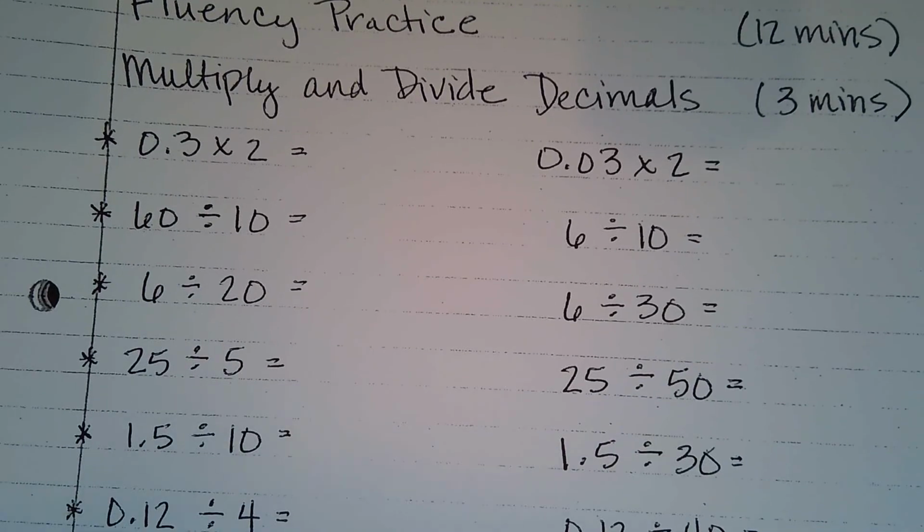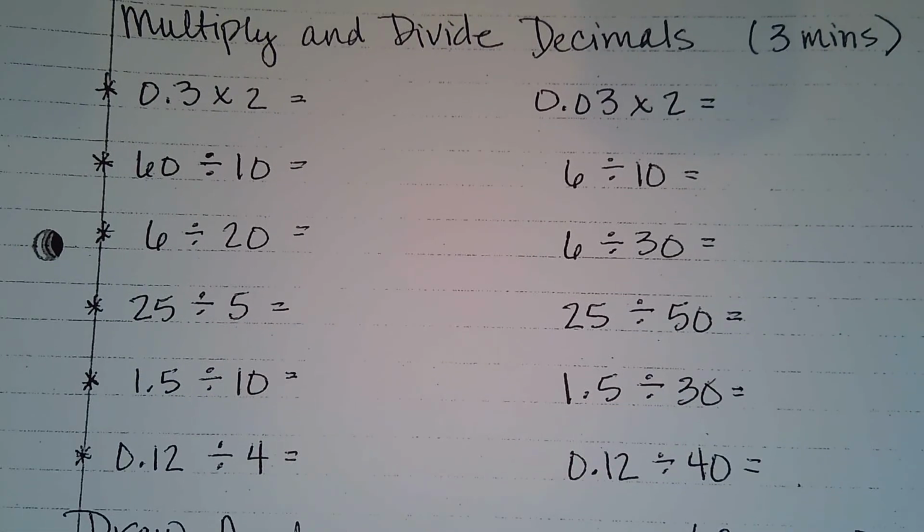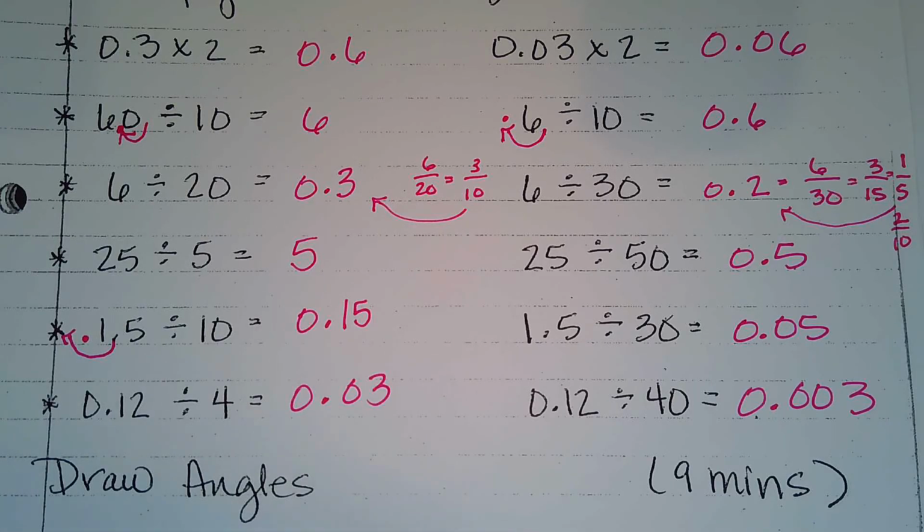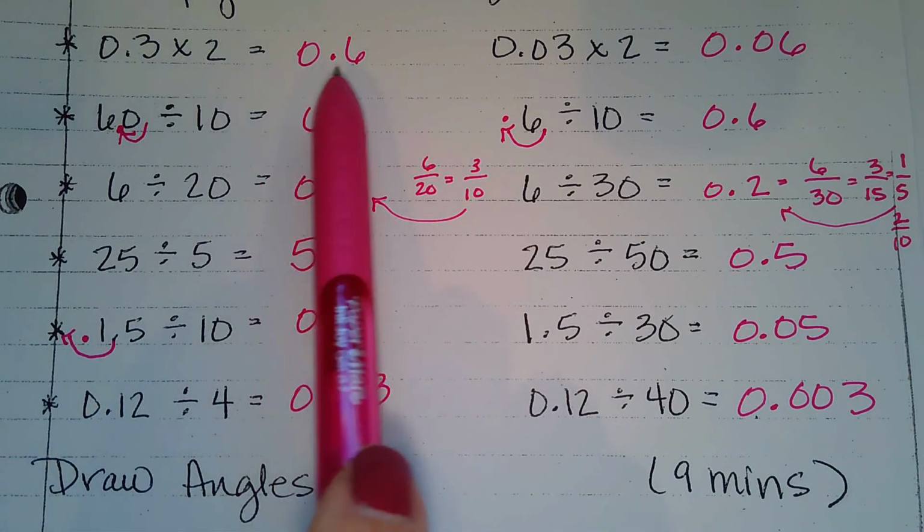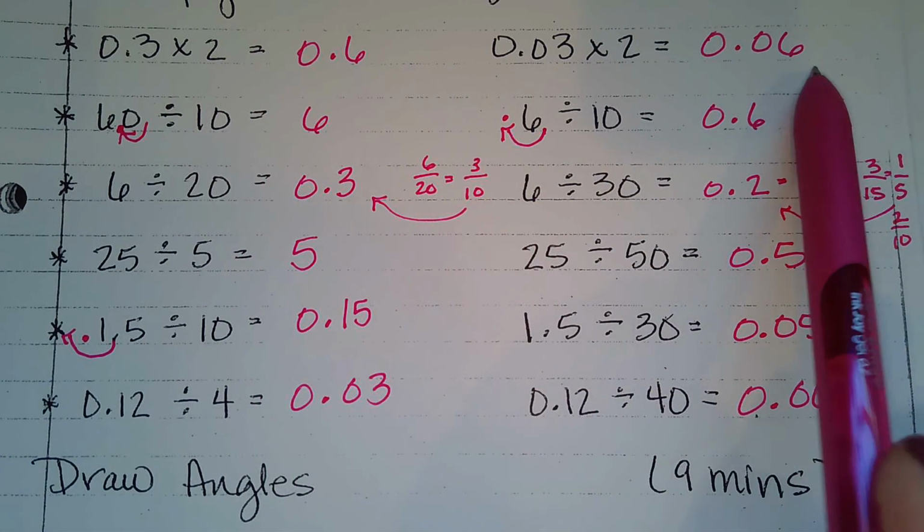We're going to start with multiplying and dividing decimals, a little review. Go ahead and do your best. Think about the strategies on multiplying and dividing decimals and come back and check your work. All right, so 0.6, 0.066,